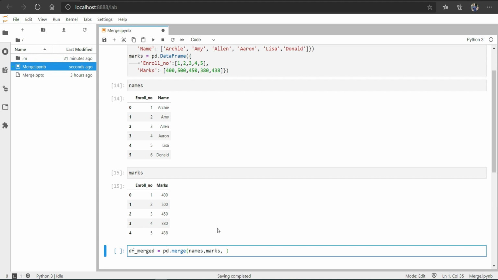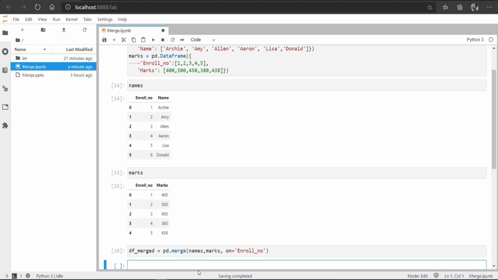And how do we want to merge it? You can see here that enrollment number is a common column in both datasets. So on equals to, and let me copy it, and let us see now.